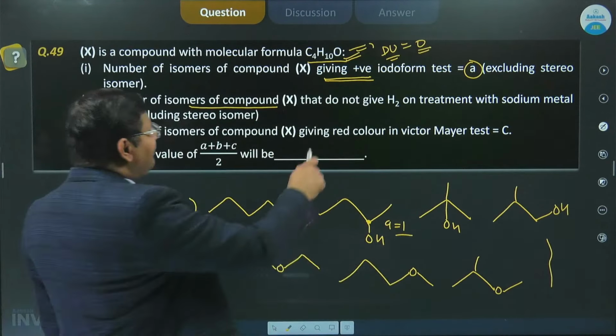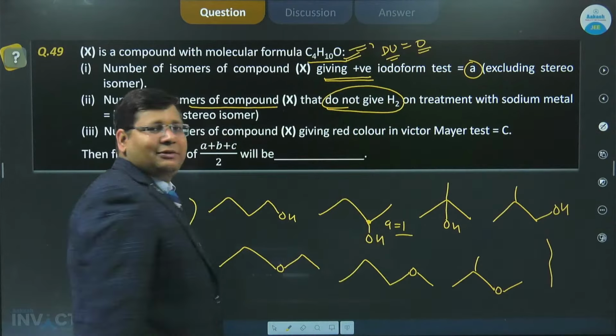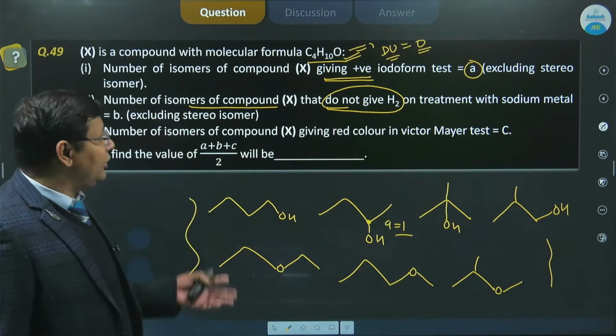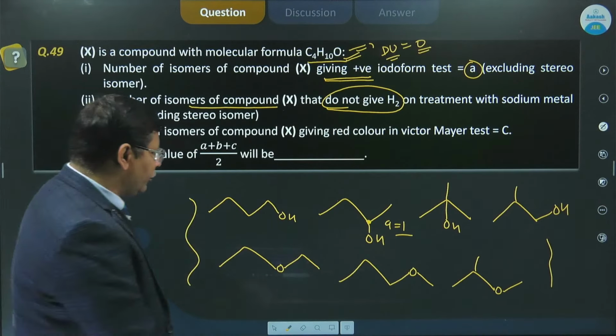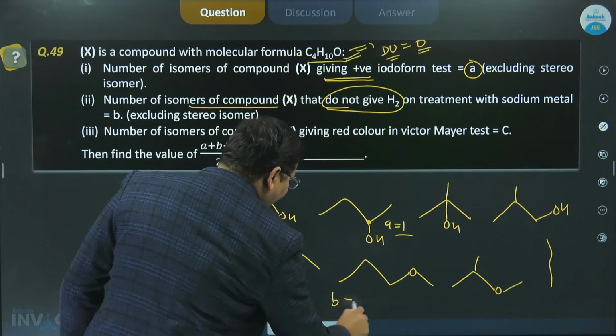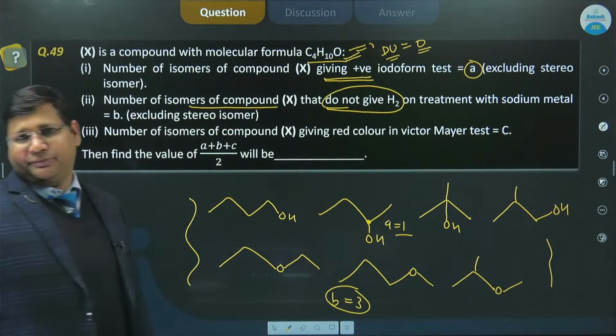और नंबर ऑफ आइसोमर कंपाउंड डू नॉट रिएक्ट विद हाइड्रोजन गैस। बच्चों, ईथर की कॉमन प्रॉपर्टी है, दे विल नॉट रिएक्ट विद सोडियम मेटल टू गिव हाइड्रोजन, तो ये अल्कोहल की प्रॉपर्टी है। तो ईथर आपके 3 हो गए, तो दिस इज B = 3, तो B हमारे पास 3 आ गया, 3 ईथर्स हो गए हमारे पास।